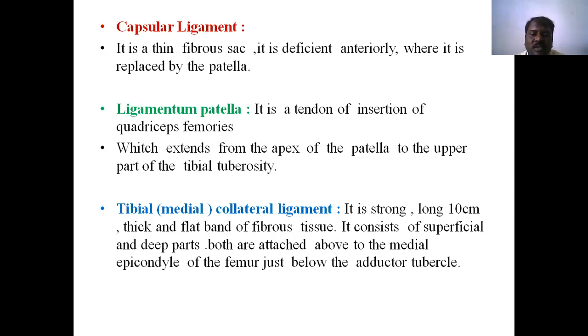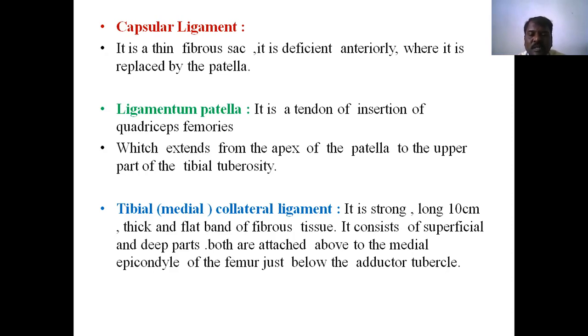You know the quadriceps muscles: vastus lateralis, vastus medialis, vastus intermedius, and rectus femoris muscle. These four muscles, when they reach the lower one third of the thigh region, become a tendinous insertion. After reaching the patella, it becomes the ligamentum patellae, which reaches and is inserted at the tibial tuberosity.